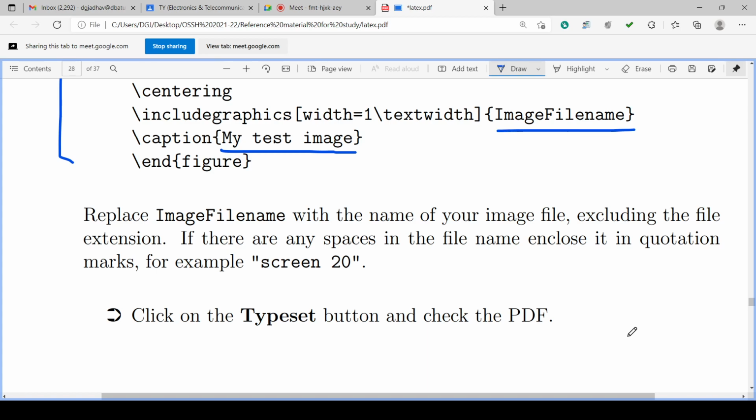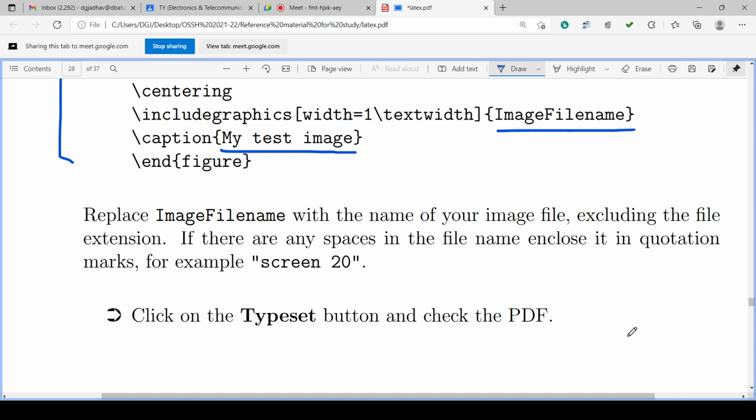That's why we have to give that name with the quotation marks. Okay, double quotation marks. So if continuous file name is there, all the letters are continuous, no quotation is required. But if there is a space in between, quotation must be given.